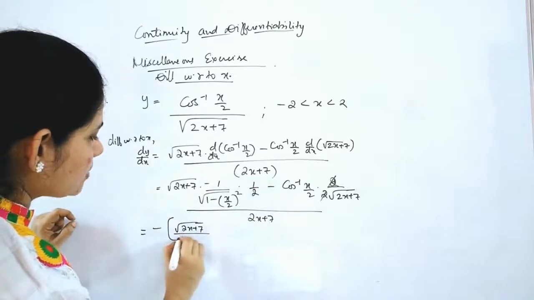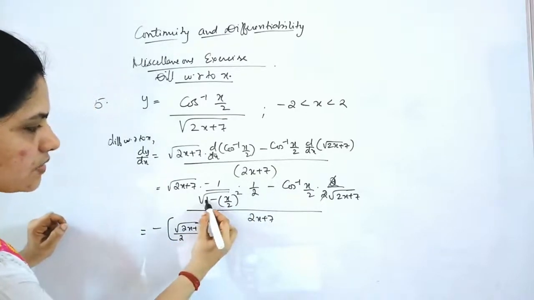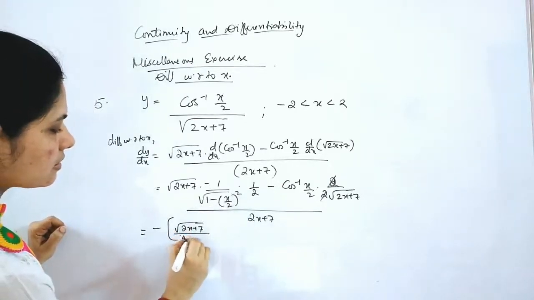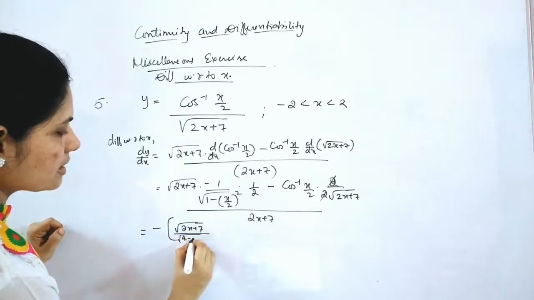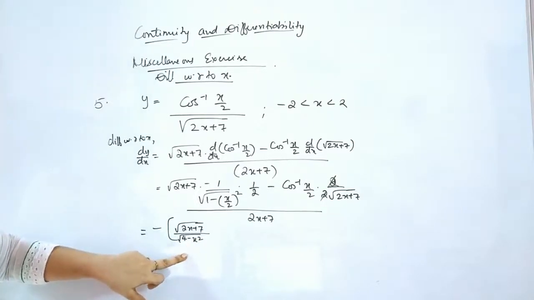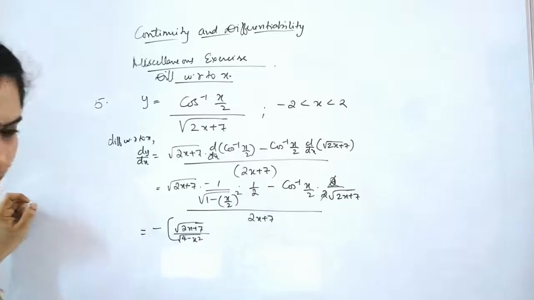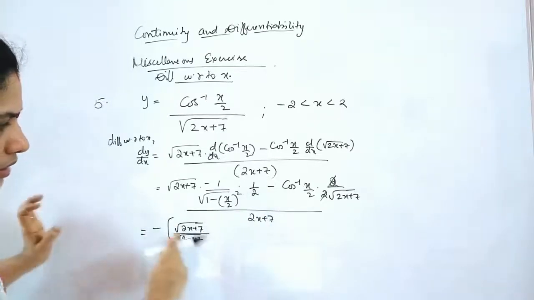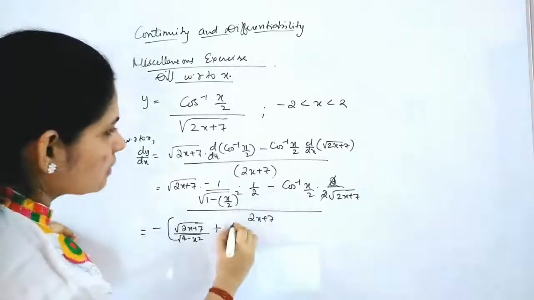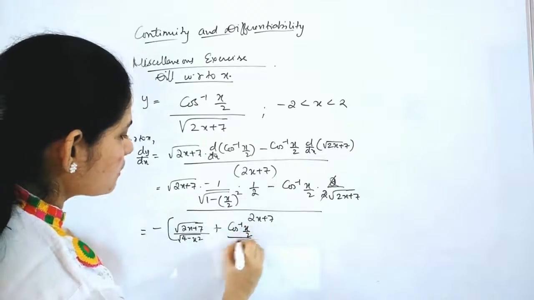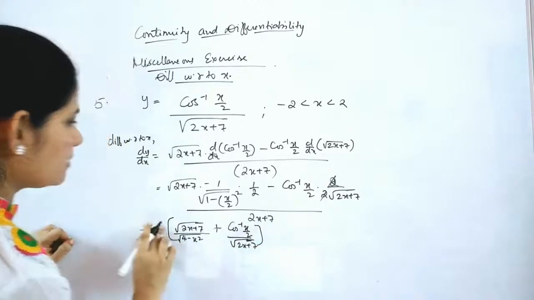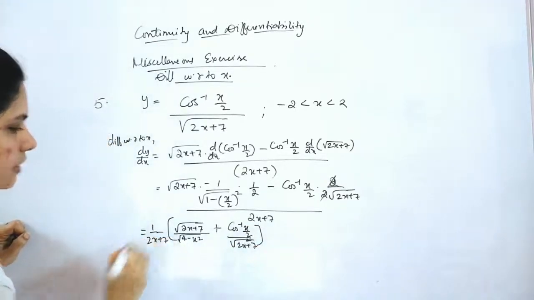Both the terms have a negative sign, so that negative you can take out also. And here you have divided by 2 into root of, after taking LCM, this is x square by 4, taking LCM will give you 4 minus x square divided by 4 inside the root, but that will come as 2 outside, so that 2 and this 2 can be cancelled. Okay, so this is the only term in your numerator, first term. Then you have plus sign because we have taken the negative sign out. Here you have cos inverse of x by 2 divided by root of 2x plus 7, all divided by 2x plus 7.